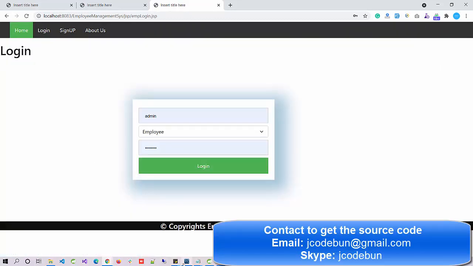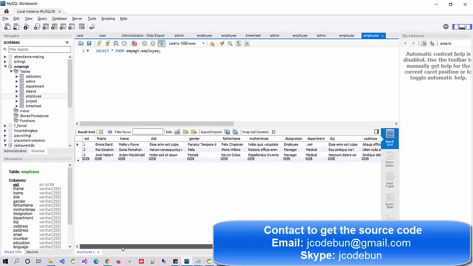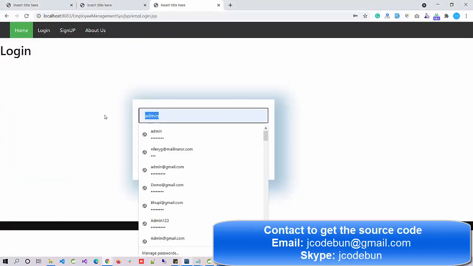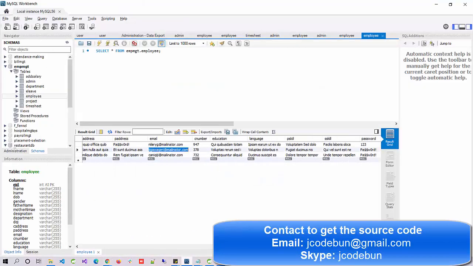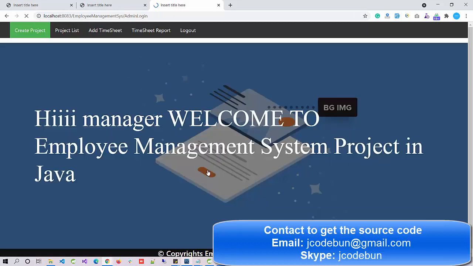Okay, now the last user of the application we have is a manager. So the other two records in the database table are managers only. So I'm going to use the designation. You can check the designation. These are the managers. So I'm going to select the manager user's email ID. I'm going to use the password for this user. It's not selected completely. Yeah, for this user. And make sure I'm going to log in as a manager. So I select manager from the drop down, click on